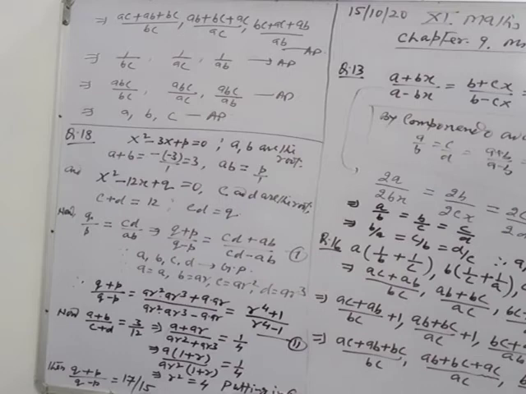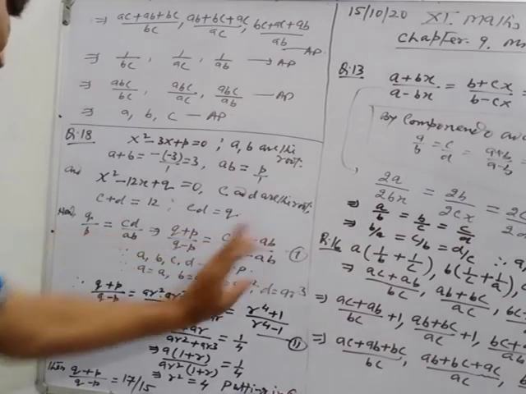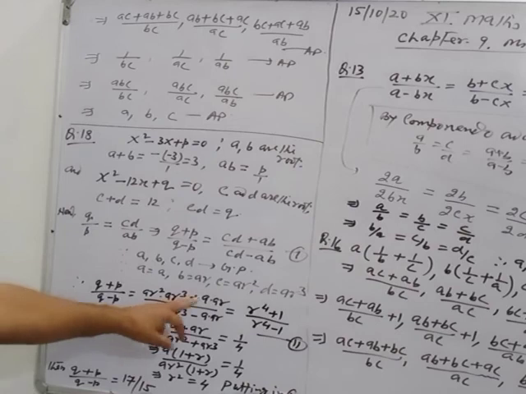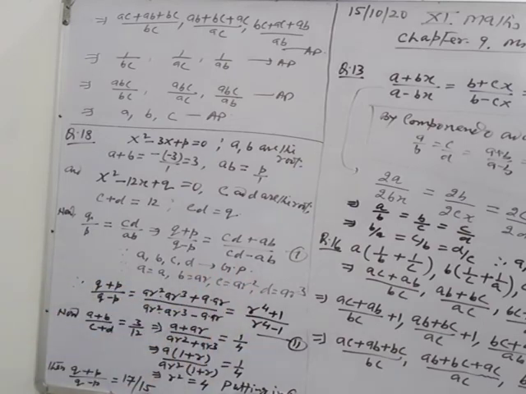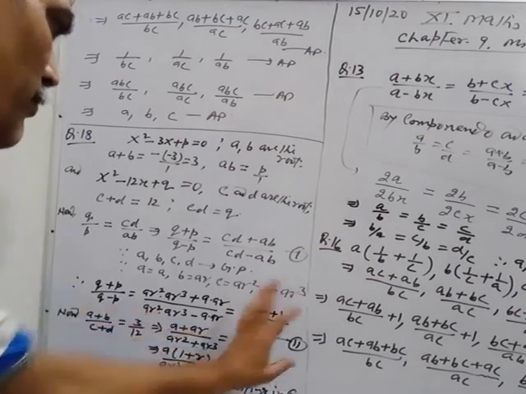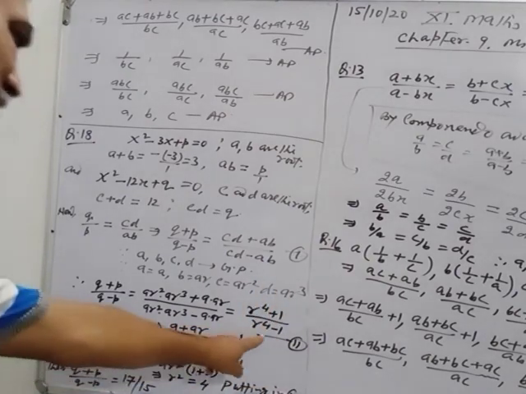Now you have to put the values of A, B, C, D. Since A, B, C, D are given in GP, from the GP you can take the values as A, B as second term AR, C as third term AR square, D as fourth term AR cube. Putting these values in place of A, B, C, D and simplifying, you get R raised to the power 4 plus 1 upon R raised to the power 4 minus 1. So this is one relation.